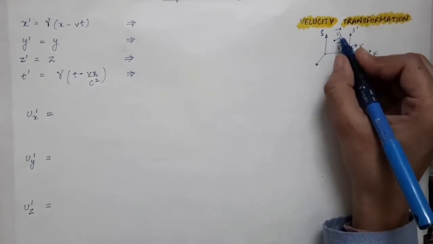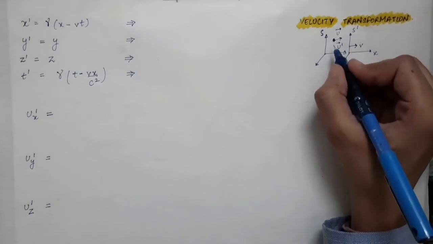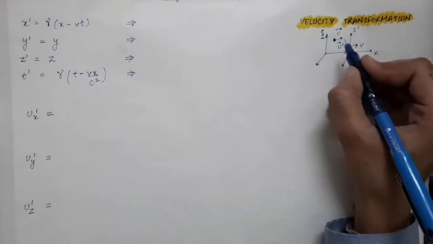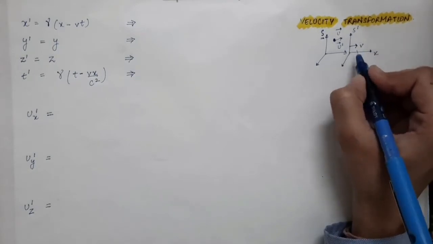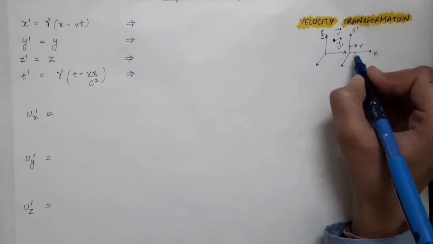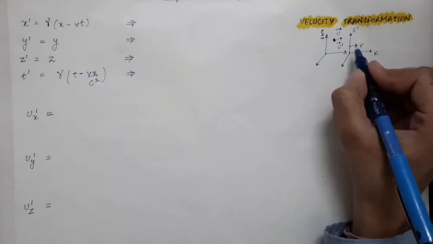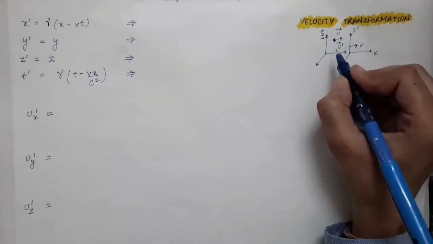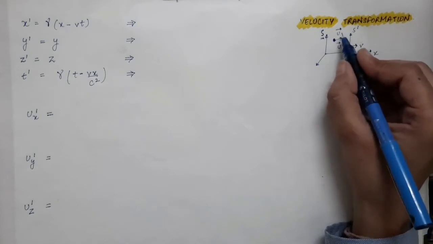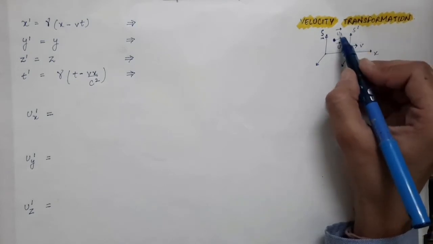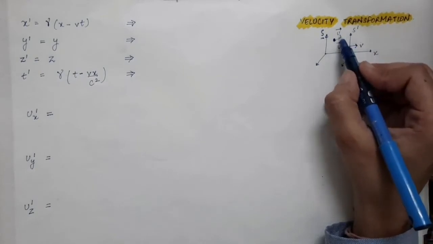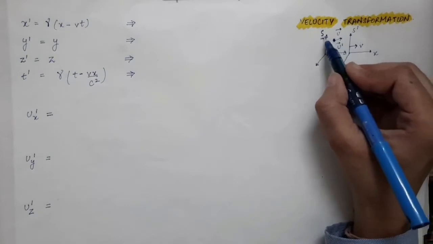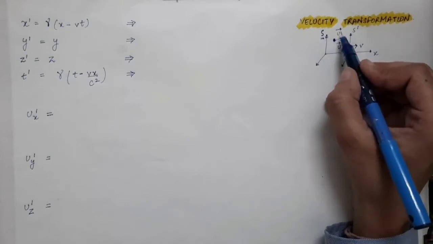So u vector is the velocity of this particle as seen by the observer in S frame, and u prime is the velocity of the same particle as seen by an observer in S prime. And this second observer is moving with velocity v with respect to the S frame. In this article we are going to see how the velocity gets transformed, means how these two velocities are related with each other. So this u vector, which is the velocity of this particle in S frame, can be written as